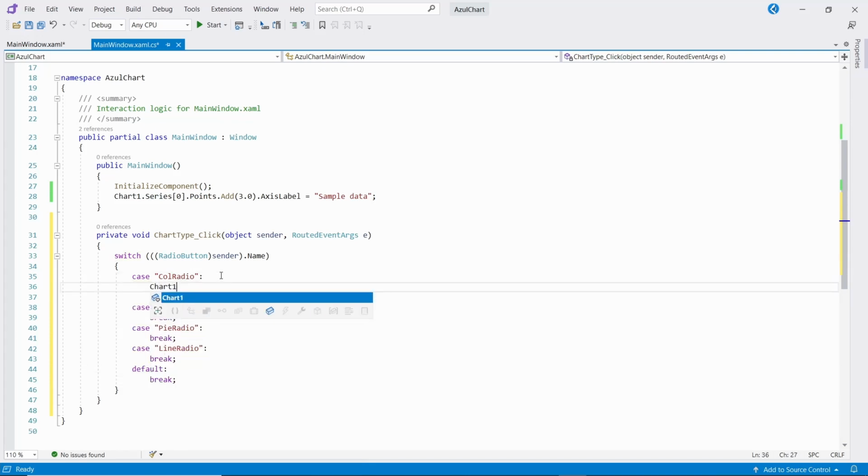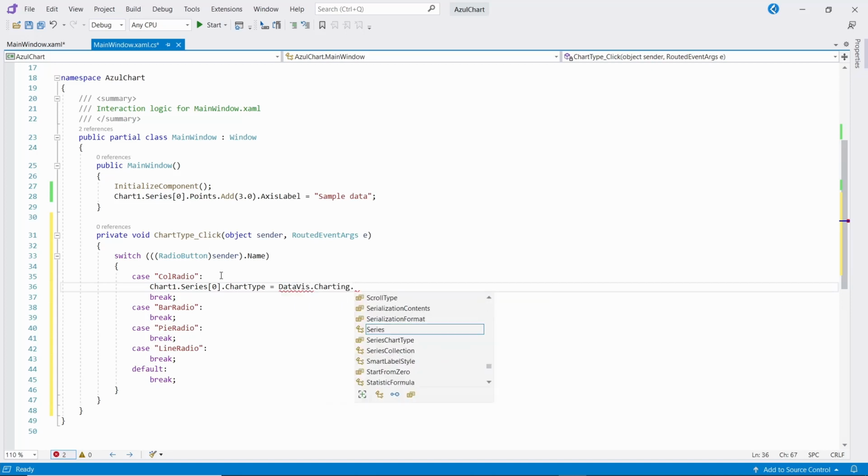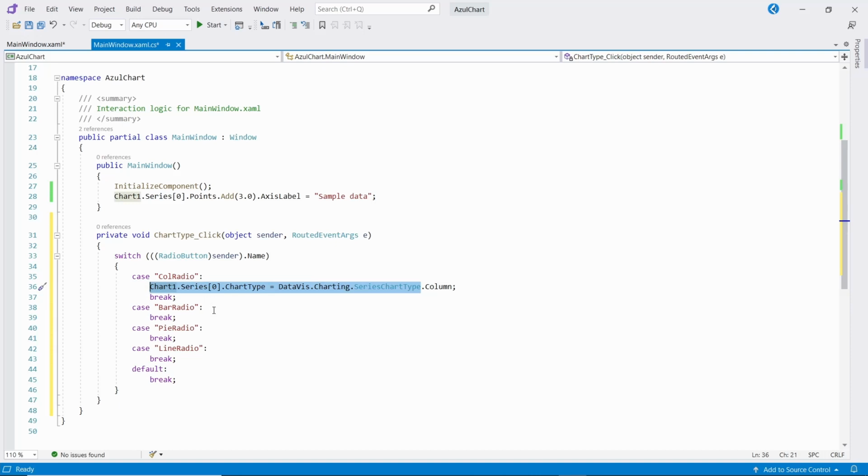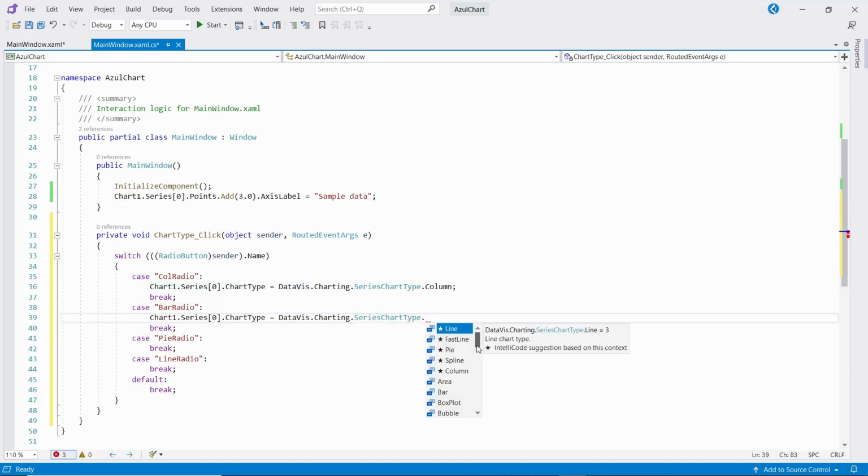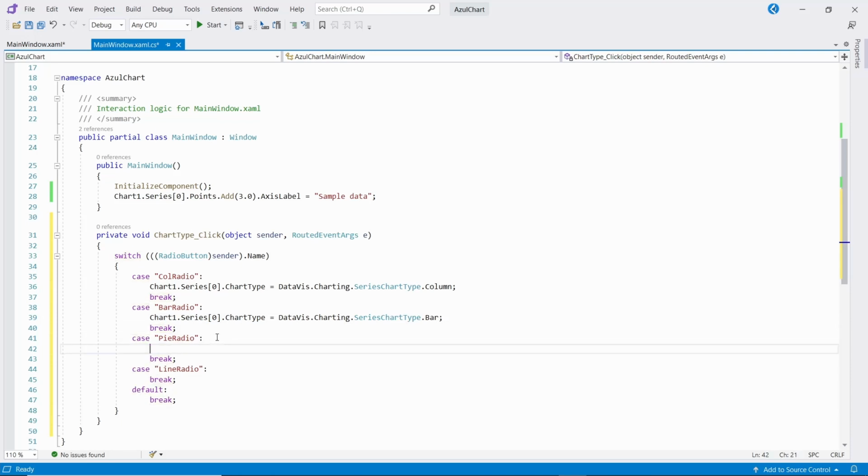Then to change the chart type, it's just one line of code each time. As I add the chart type, you can see there's loads more options to choose from, such as an area chart, radar chart, and so on.